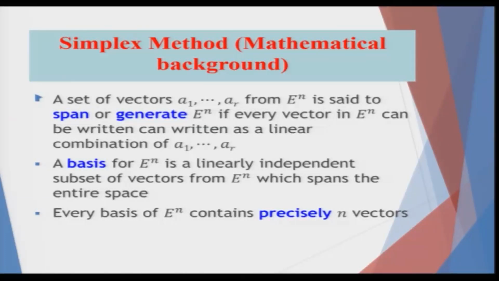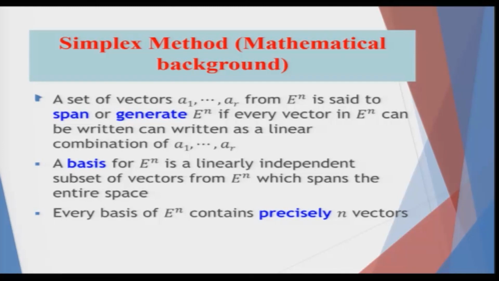So, there can be more than one basis, like building blocks can be more than one type. Say for example, in building a house, I use a brick of size 6 inch by 3 inch by 4 inch. In another case, say for example, I use 5 inch by 4 inch by 5 inch. So, these can be two different bases based on which I can build the house. Every basis in E n contains precisely n vectors based on which you can generate the whole span. If they are independent, that is; if a dependent structure is there, then it will be less.